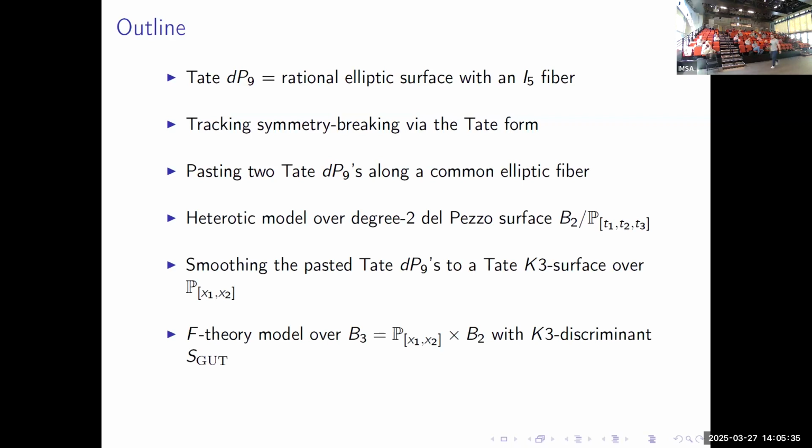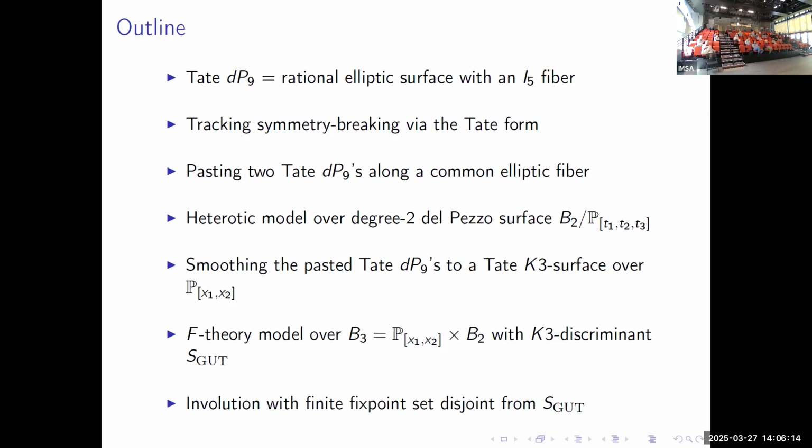And that will give us the fiber of what's called F theory, which the physicists would say is dual to the heterotic. We'll have an involution with finite fixed point set on B3. And the fixed point set will be